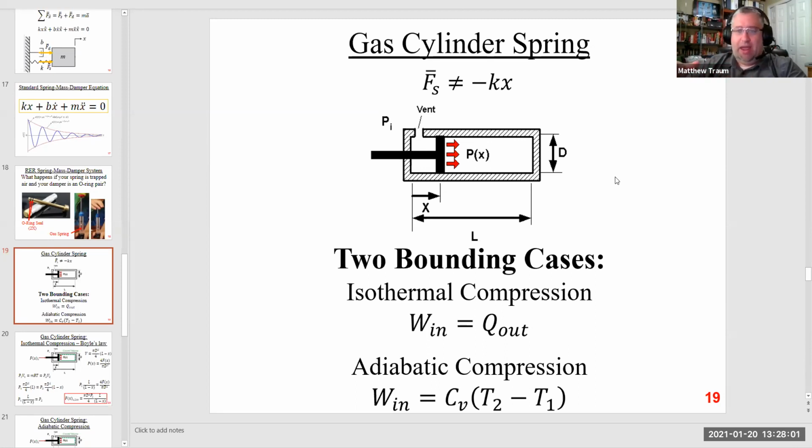The wall heats up, and then the wall looks around and sees the environment around it, which is a little bit colder, and the energy then dissipates through the wall out into the environment. If we do that process slowly enough, we can do it so that the gas's temperature does not change, and all of the energy that we put into the system, the boundary work, PDV work, ends up getting dissipated completely as heat. So the first law for the gas would be just work in equals Q out for an isothermal compression.